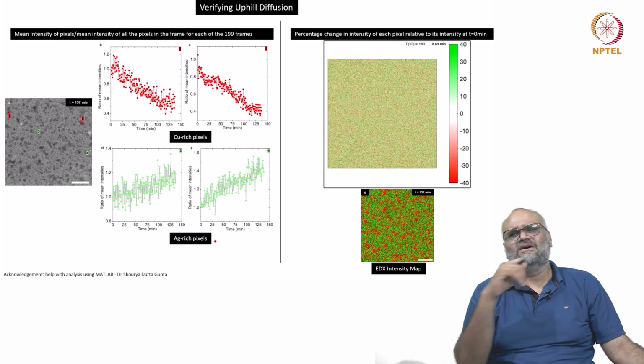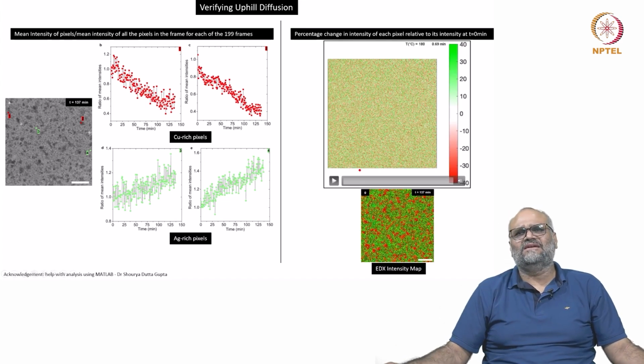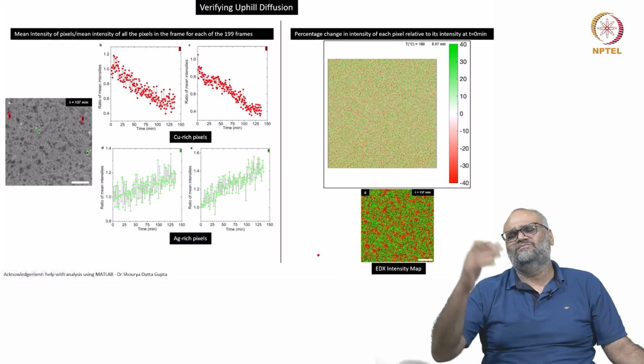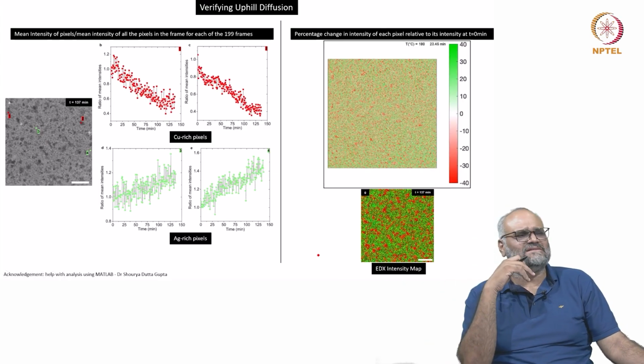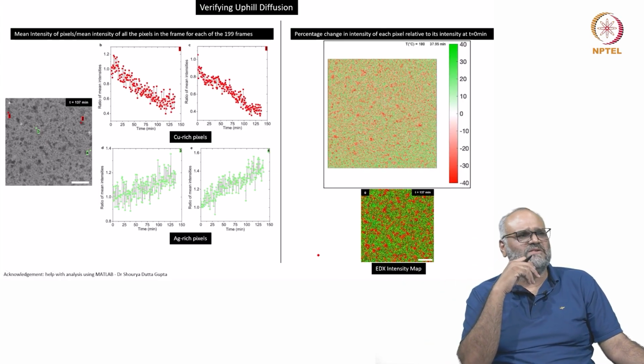And we also saw the percentage change of intensities, and you can see that this is an indication of spinodal